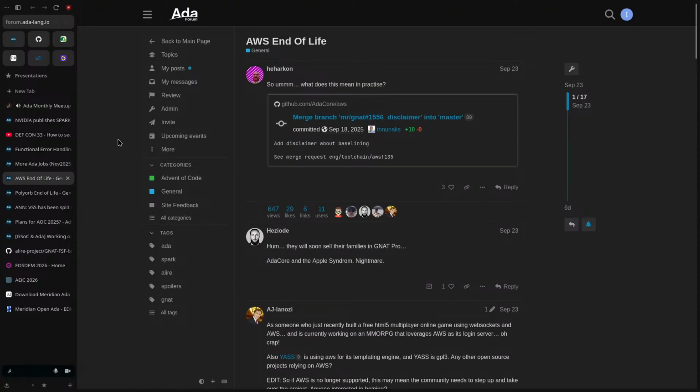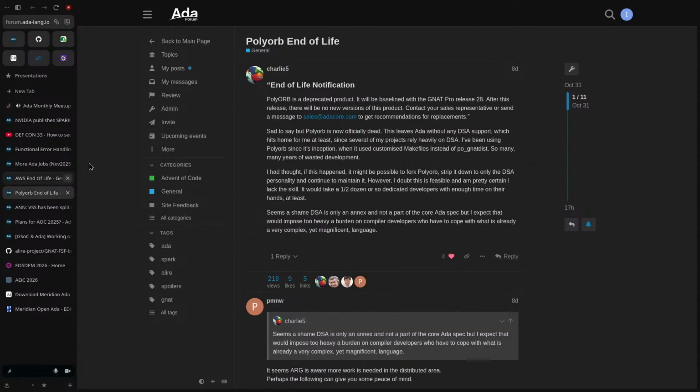Regarding more news, AdaCore announced that AWS, the Ada Web Server, and Polyorb, the DSA system of Ada, are reaching their end of life.